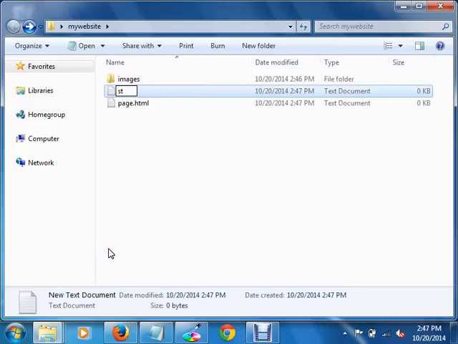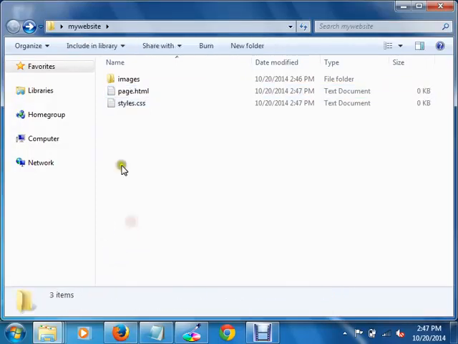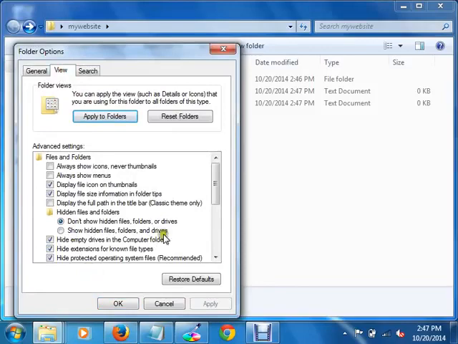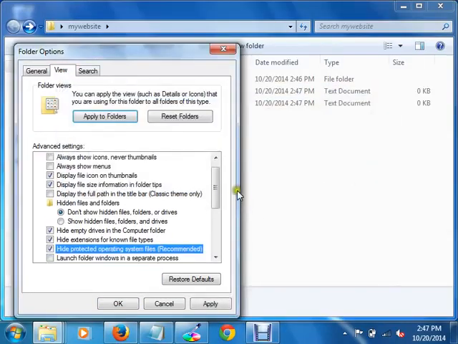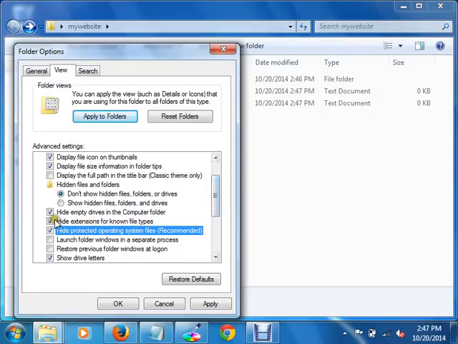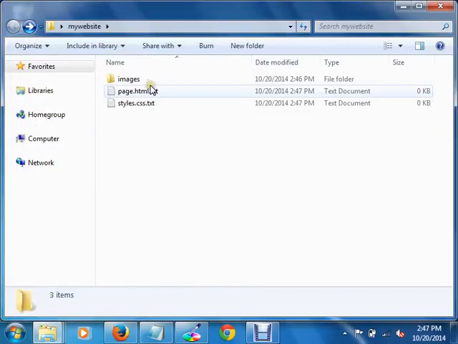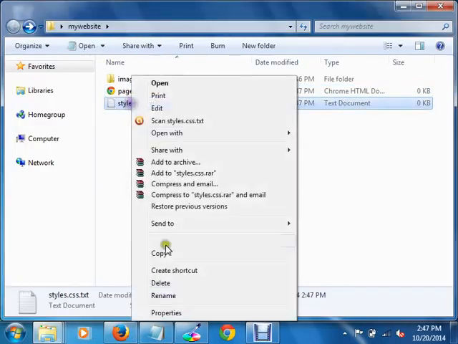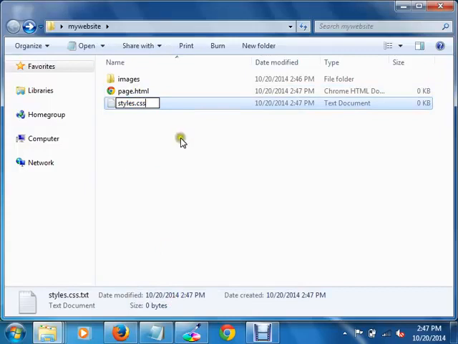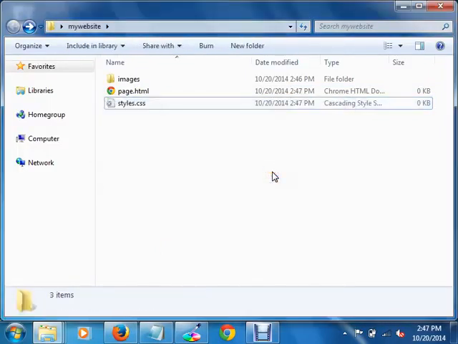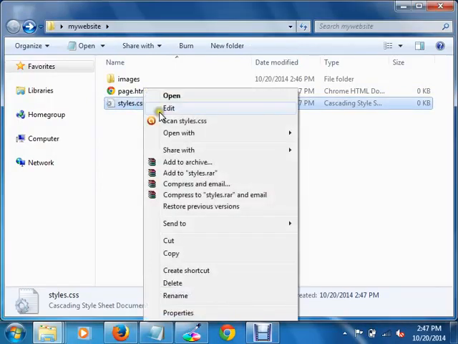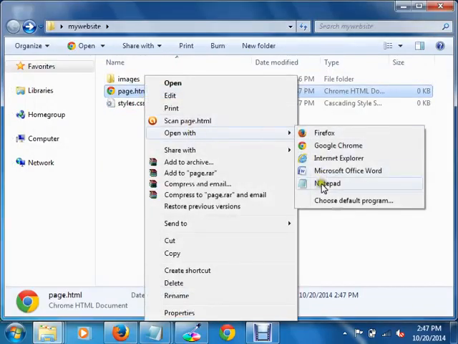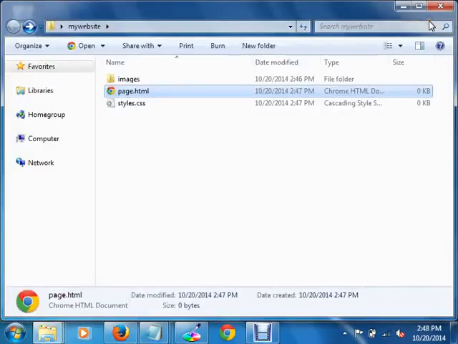I am giving the name styles.css. So in parallel I will write the CSS and I will use that CSS in my HTML.